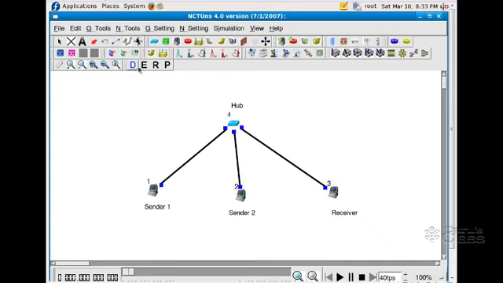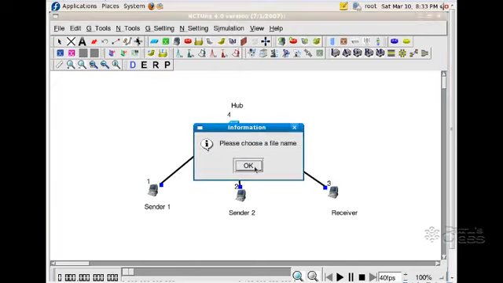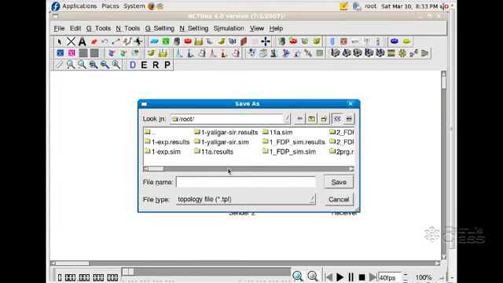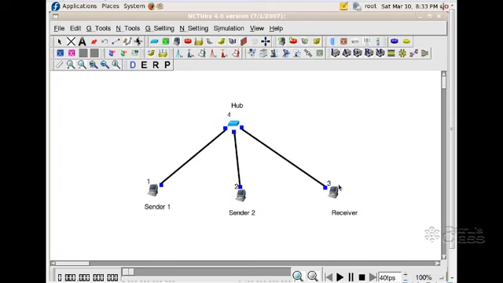Next we need to move to the second stage of the experiment, that is, we need to edit the node and the link properties. Before that we need to save the topology with a file name. For this I will give it as exp test1. One thing is important, don't give the extension. By default it will take it as .tpl. Simply give the name and hit save.